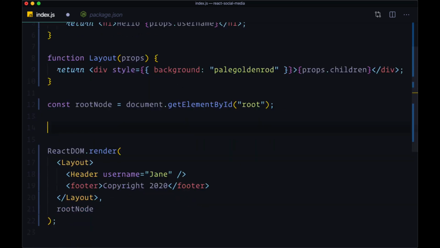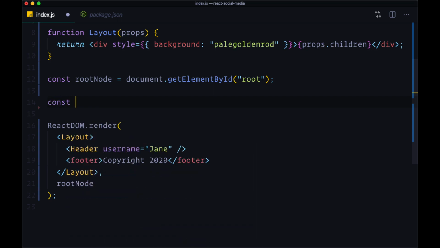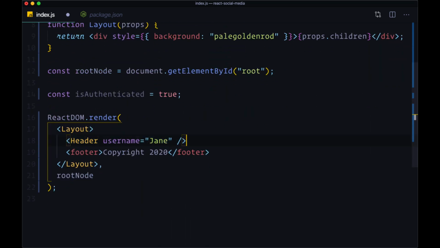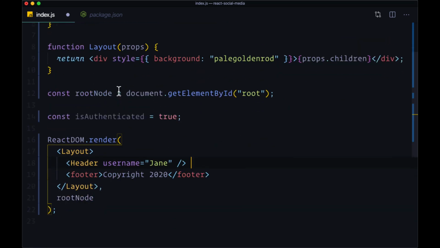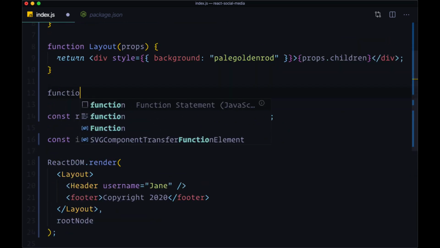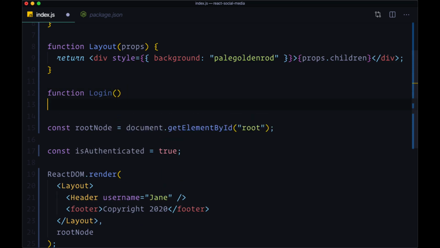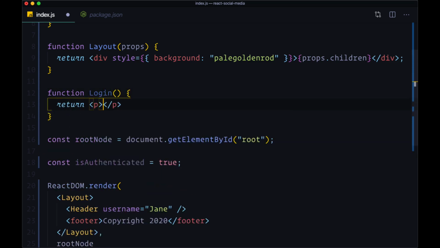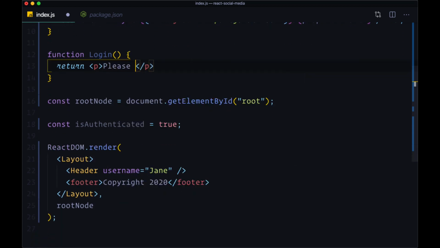Say, for example, we have authentication within our app. So we're keeping track of whether our user's authenticated with this variable, isAuthenticated. We'll say that's true. So if the user's authenticated, we show a header with their name. But otherwise, we want to show a completely different component, say a login component, that tells the user to log in. So we'll return some text that says, please log in. How do we conditionally display the header for the authenticated state or the login component for the unauthenticated state